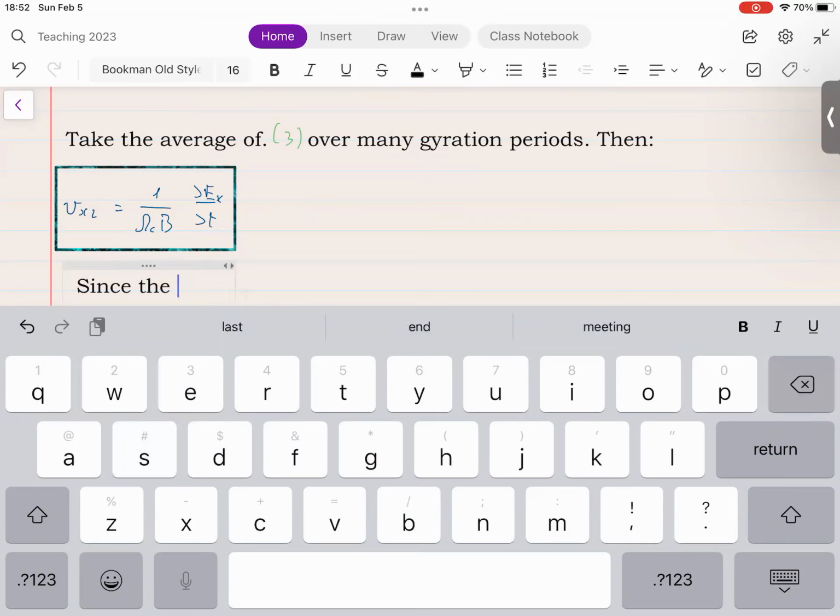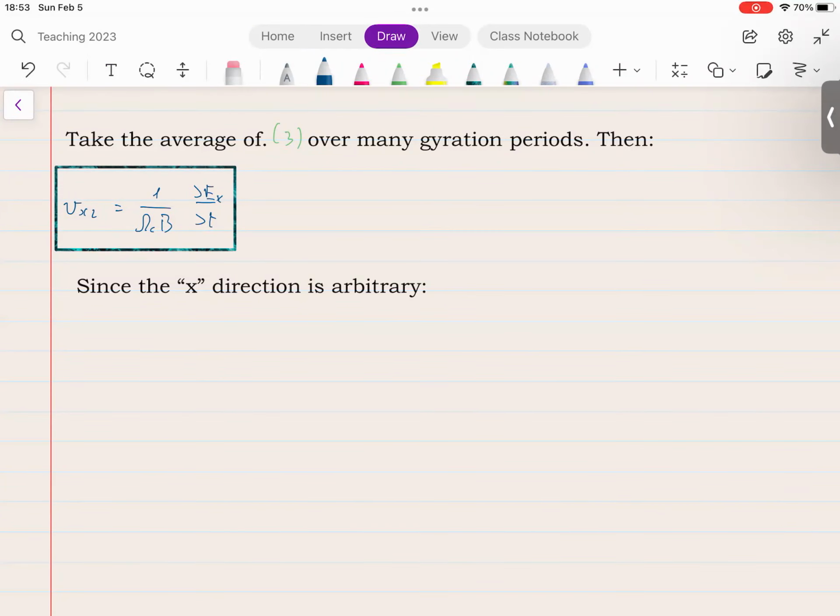Since the x direction is arbitrary, then in general, I obtain the result, which is the result I was looking for, that V, now not x, but perp for the 2 is equal to plus or minus 1 over omega c times B times dE perp now dt,